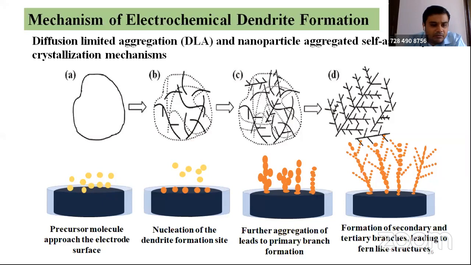Now the mechanism of how it forms is basically this: there is a precursor molecule. You can see from A to D, there is a precursor molecule, and after this there is a nucleation process, and after that an aggregation process, which leads to the primary branch formation. When you do the reduction process and keep on doing that, there is formation of primary, secondary, and tertiary structures on this particular chip surface. So that is a highly tunable system. I'll not go into that much detail on how it forms, but eventually a three-dimensional structure is formed onto the surface, which is very much possible.